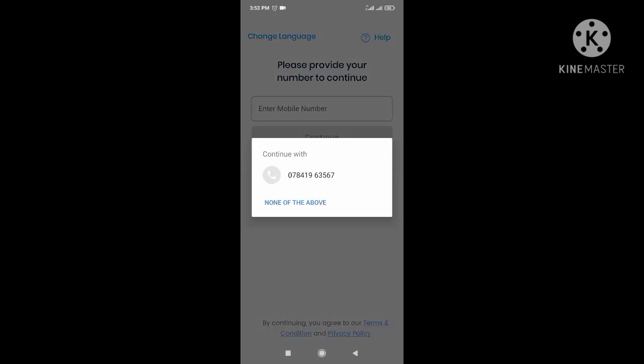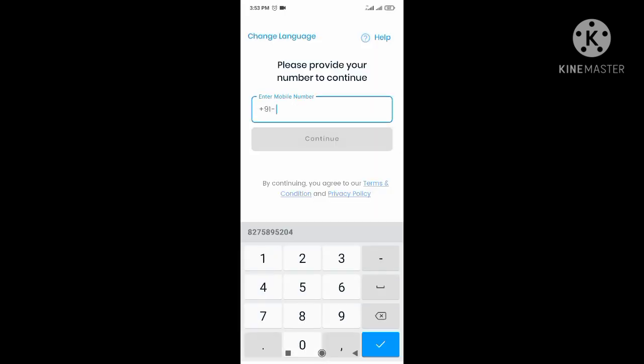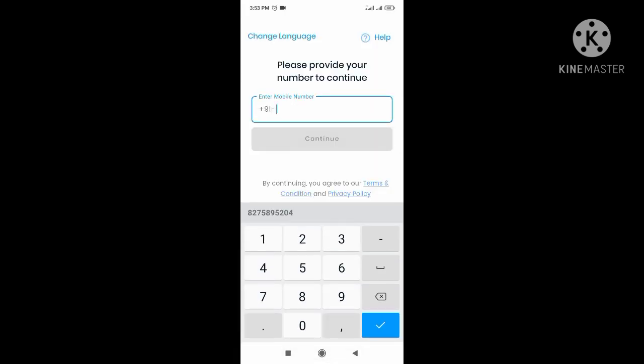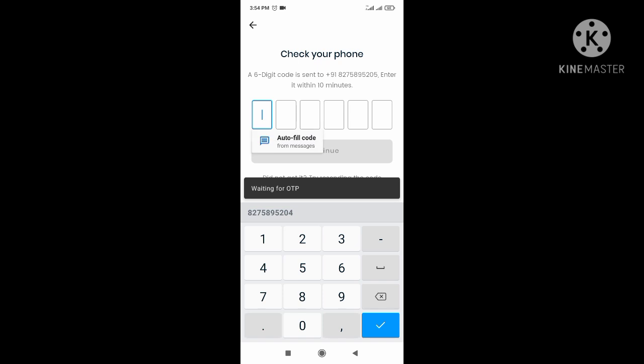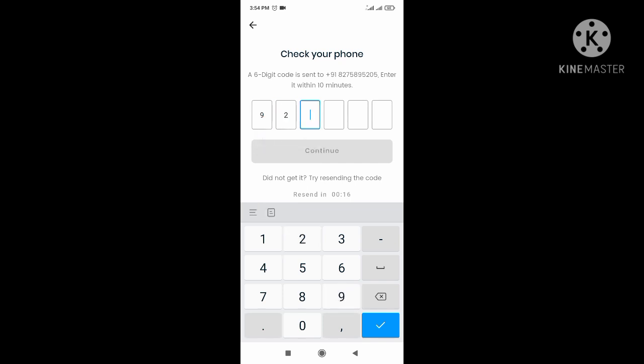here you have to give the mobile number which is there in your mobile phone, because you have to give the OTP for signing in. So type the number which you know and which is there in your mobile phone. A wrong number will not be able to log in. So you have to give the correct number so that they can verify your mobile number with the OTP, that is one-time password. Once you receive the OTP, you just have to type that OTP, like this, then click on continue.